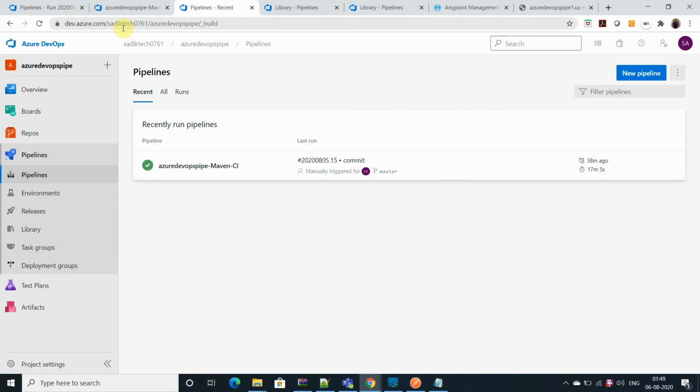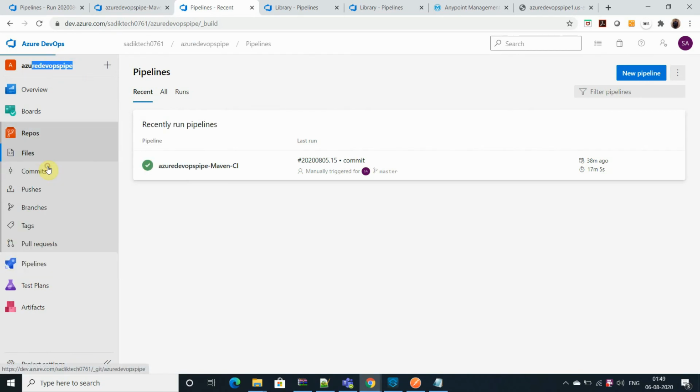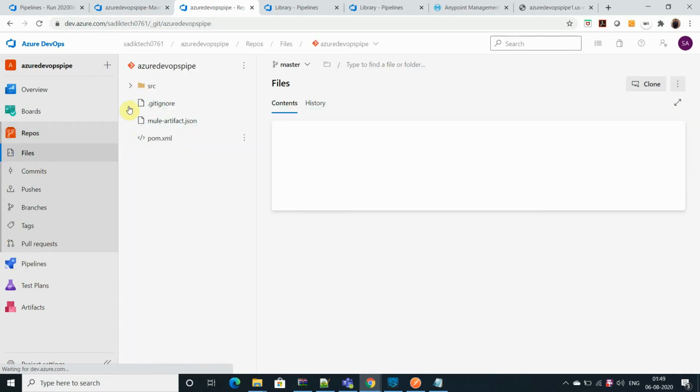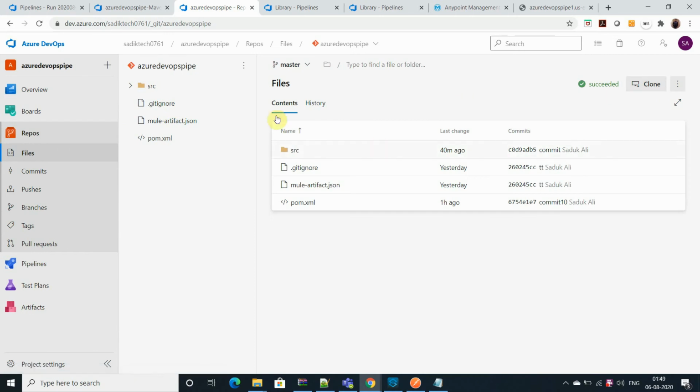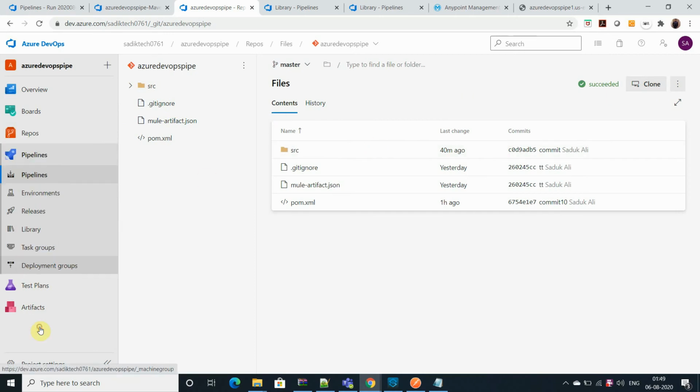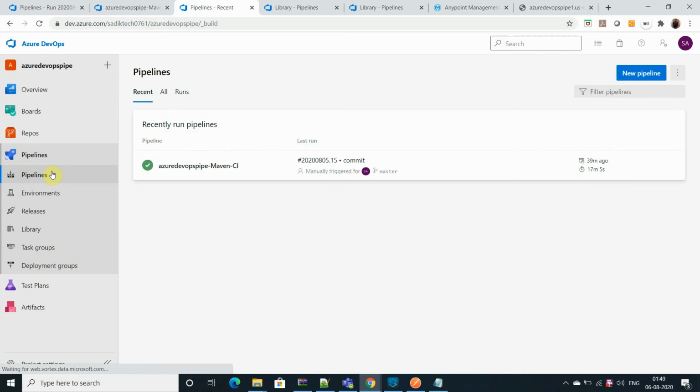Go to the Azure DevOps login page, create a project in Azure DevOps, and then create a pipeline. When you create an Azure project, you get a repo, and you can commit your code there. The same code you can use for your pipeline execution.